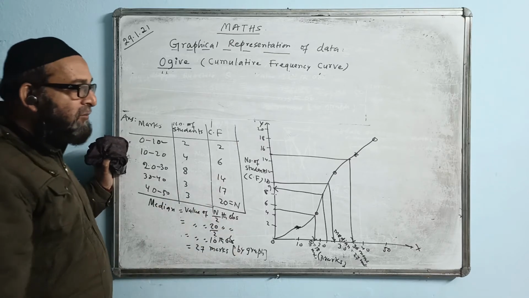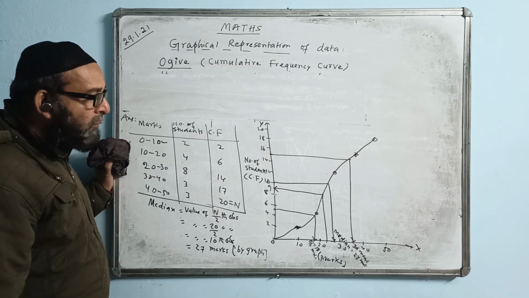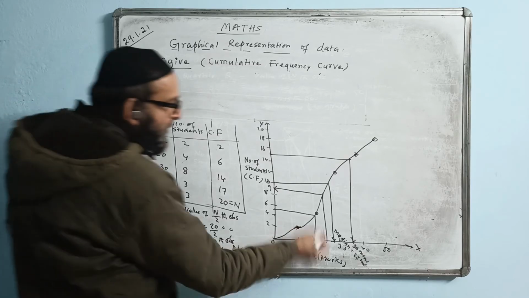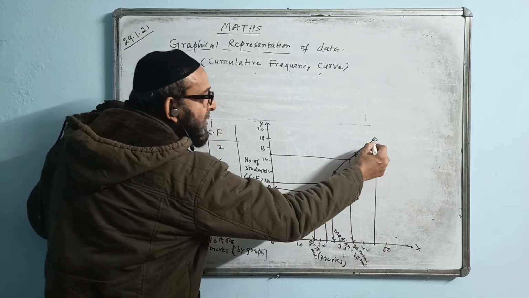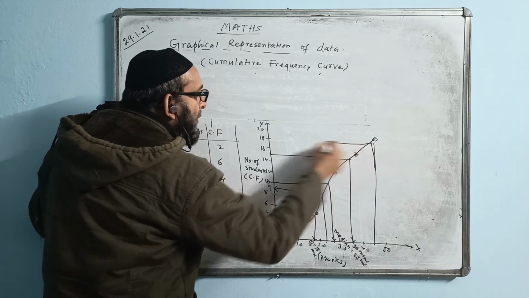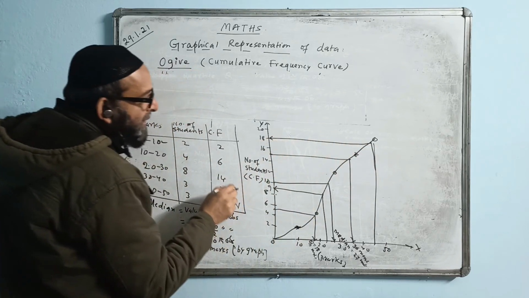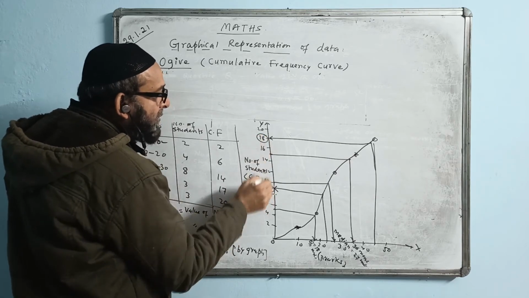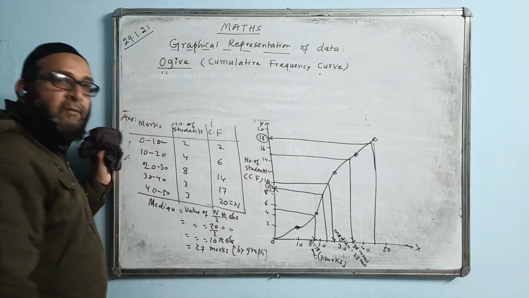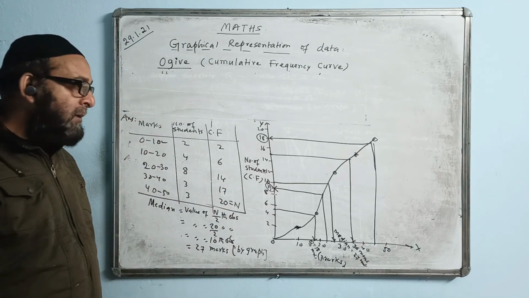The question may even come as: find the number of students who are scoring between 24 and 45. So 24 is coming here, and the 45 value will be coming like this way. Suppose this is coming 18. That means how many students are getting marks between 24 and 45? Between 18 and 9, how many students are coming? 9. We say 9 students are scoring marks between 24 and 45.